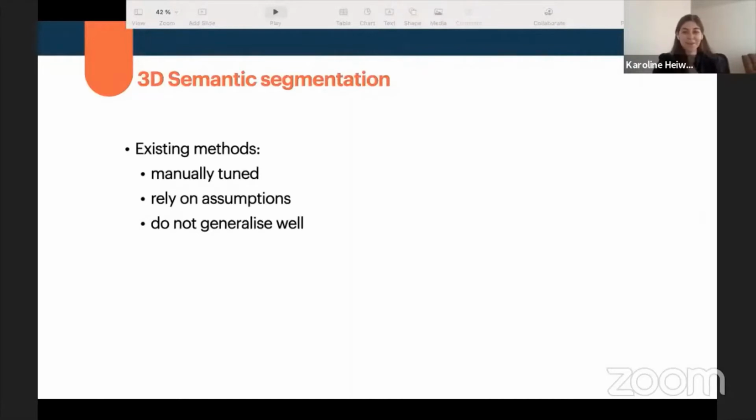So as we've heard this morning, a lot of students had the idea, how about deep learning? Can we use deep learning to address this problem? So given the appropriate training data, can I teach a machine learning algorithm to segment the plant without the need for manual tuning? Now, I have recently done some work on this, and I will also show you some results in a little bit,